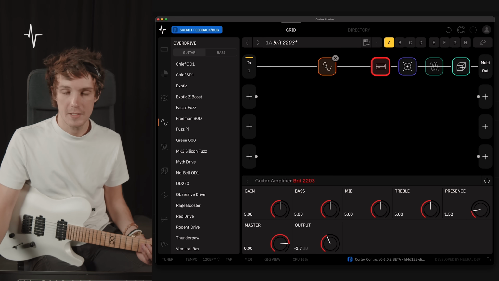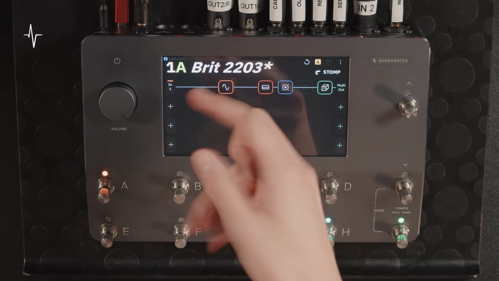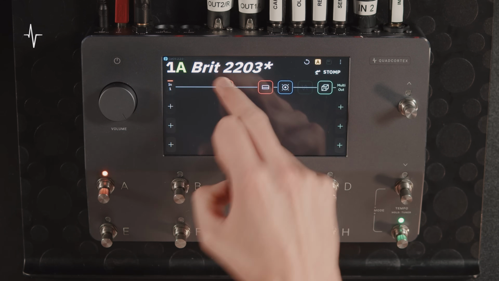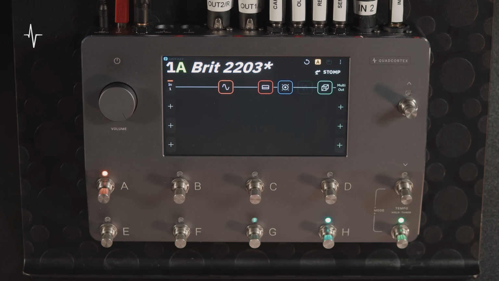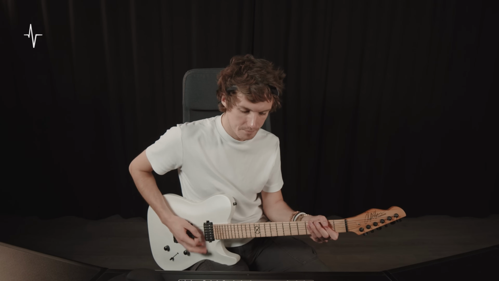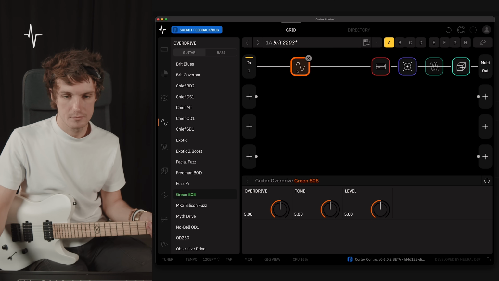And again, double click it to turn it on, bypass it, same thing as you would on the QC. And you'll notice in the overhead cam, if I do that and bypass it, it does the same thing in Cortex Control, and vice versa. So without the overdrive, and with the overdrive,